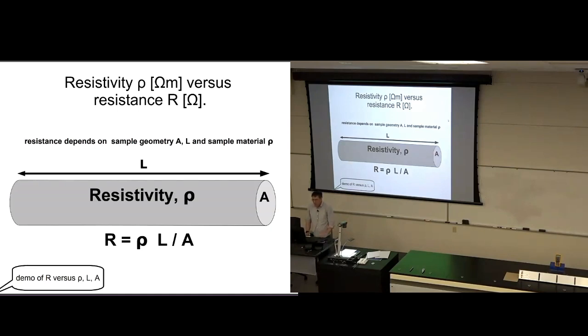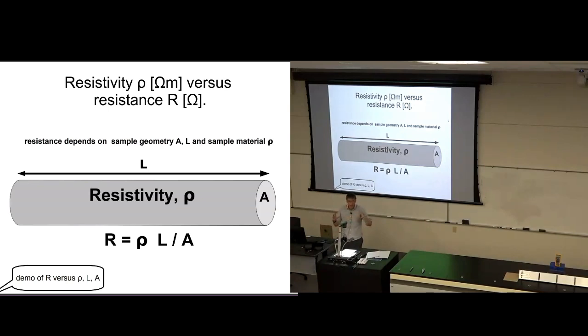Resistivity and resistance. Rho is resistivity. Resistance is R. Resistance is measured in ohms. Resistivity is measured in ohm meters. We'll see that. We're picturing here, say, a section of wire that has a certain resistance. That resistance of the wire is